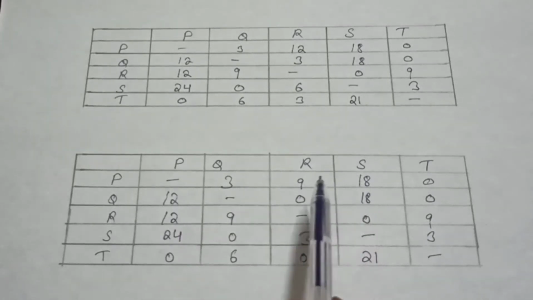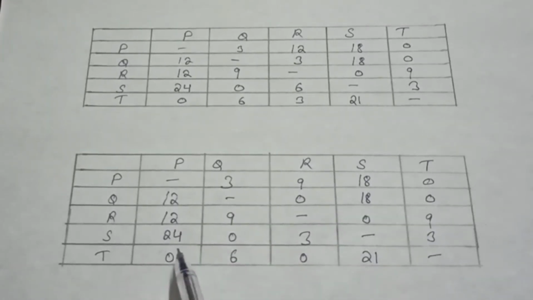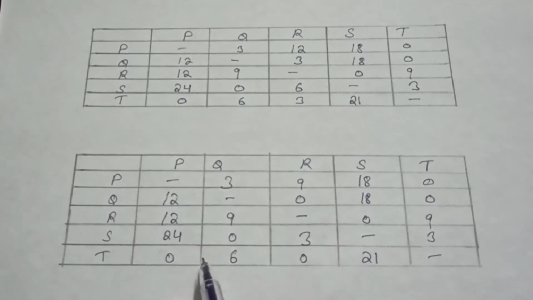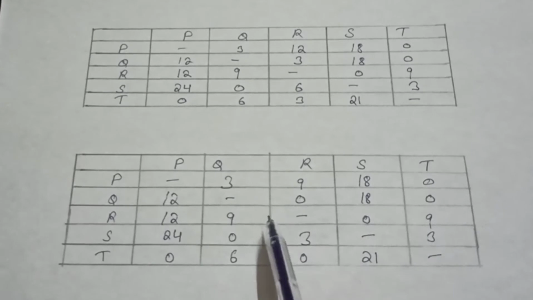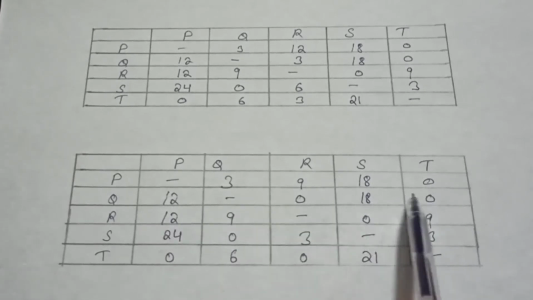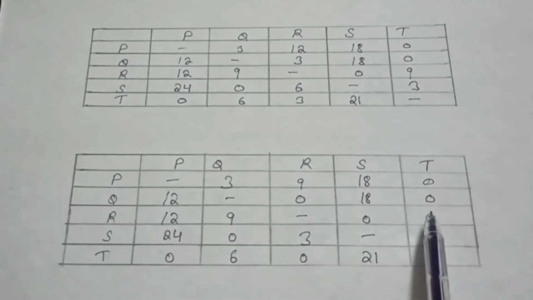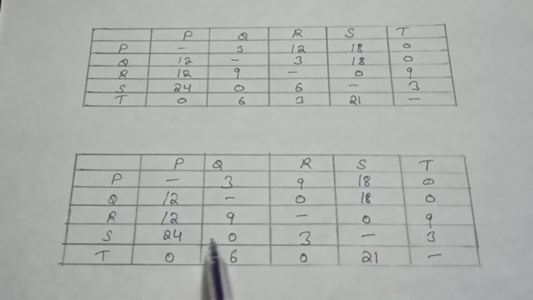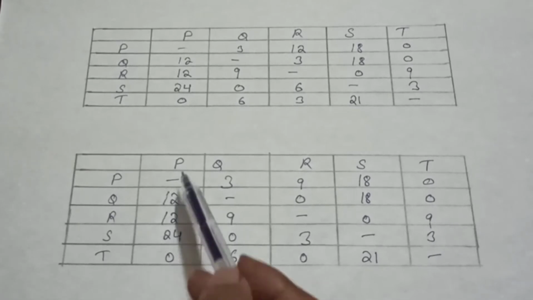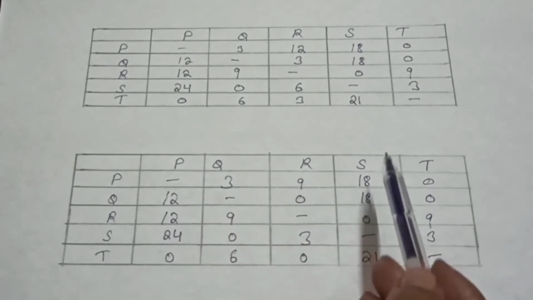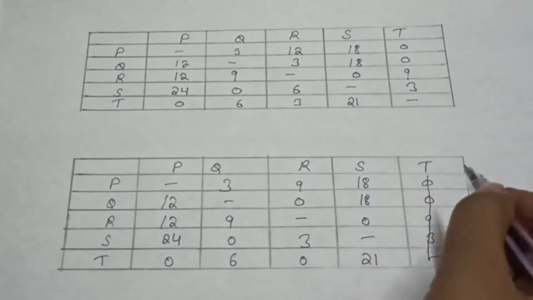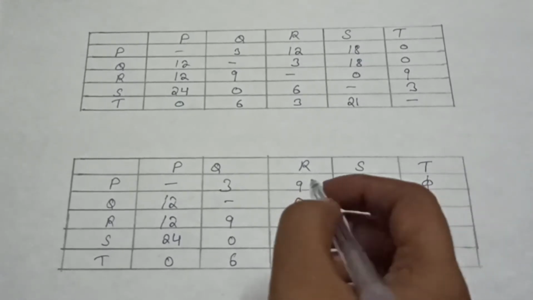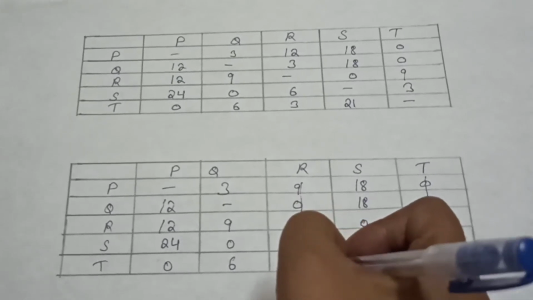Now we will draw lines in this matrix so that we can cover the maximum number of 0s with the minimum number of lines. As you can see, in the first row we have only one 0. In the second row we have 2 zeros. In the third row we have 1 zero. In the fourth row we have 1 zero. In the fifth row we have 2 zeros. And if we check the columns, in the last column we have 2 zeros. So we will draw the line like this. In the third column, as you can see, we have 2 zeros.